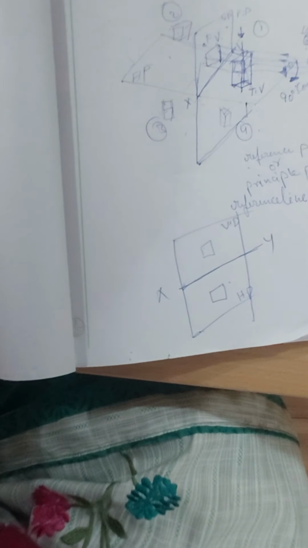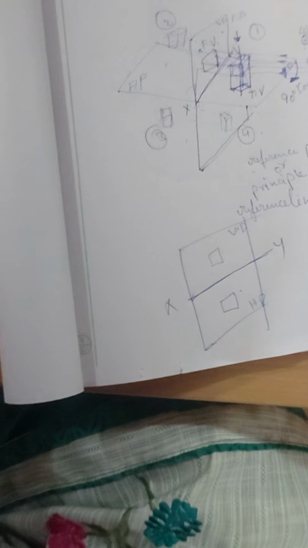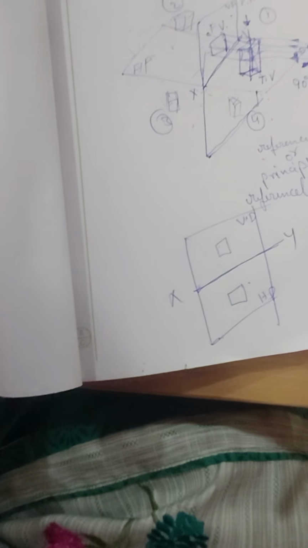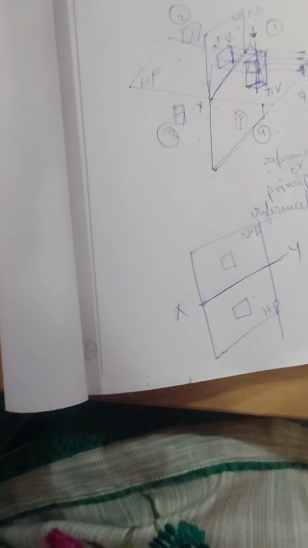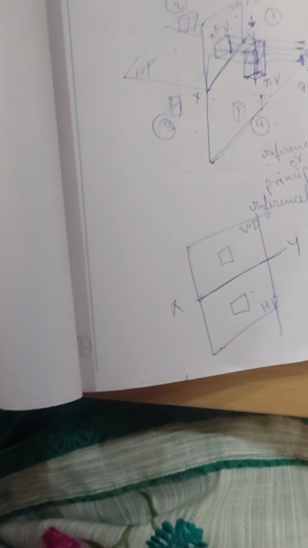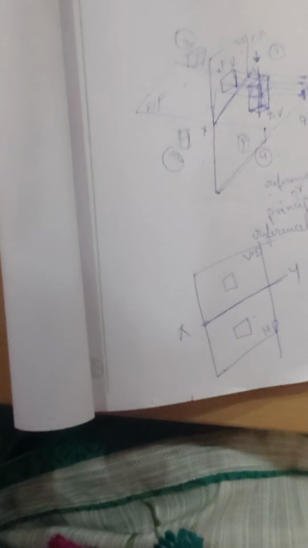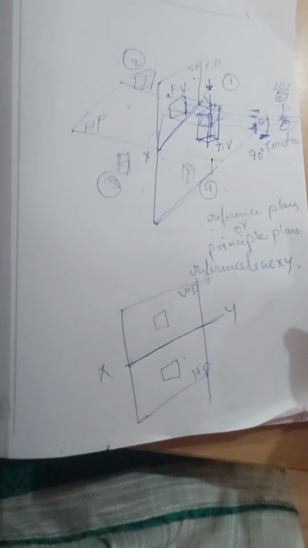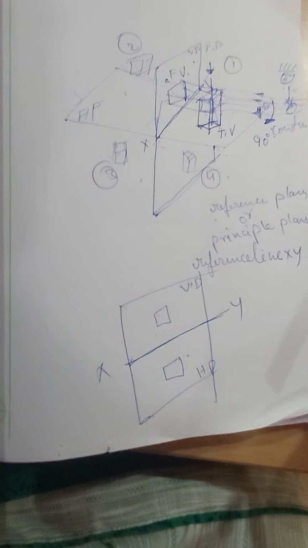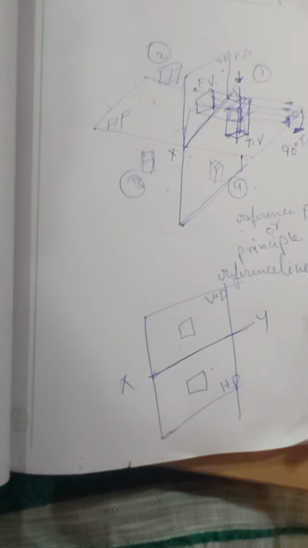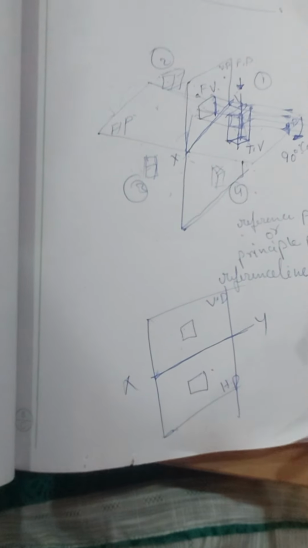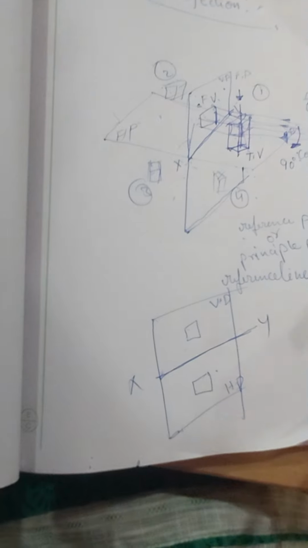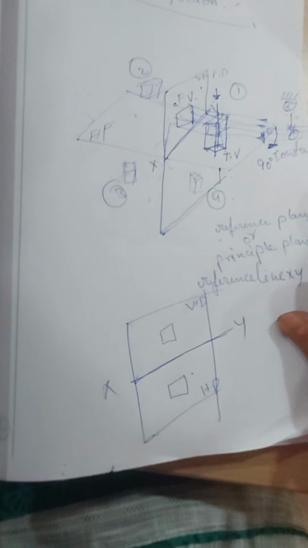So after assuming that we are projecting the image of the object on a particular plane, the image or the view which is obtained on the plane is known as either front view, top view, or side view. So this is the introduction. In the next class we are going to solve problems on points, means projections of points. As I said, a point is a dimensionless quantity, but we can define the position of the point, not the dimensions. So let us discuss in the next class.